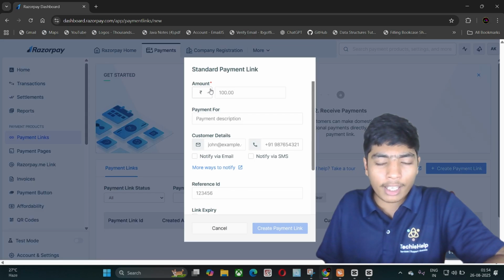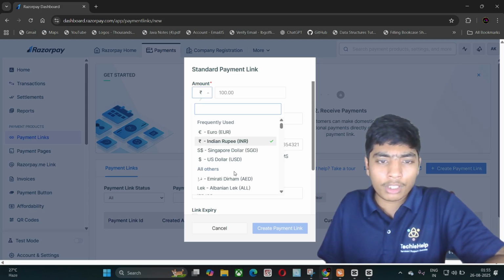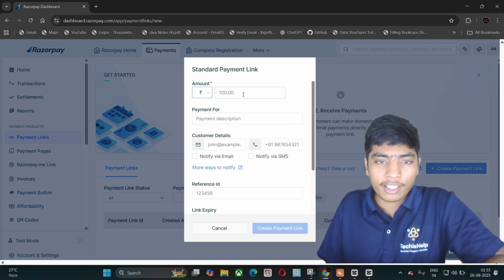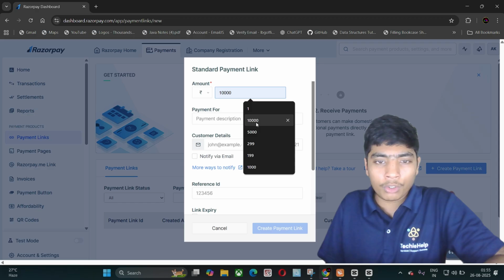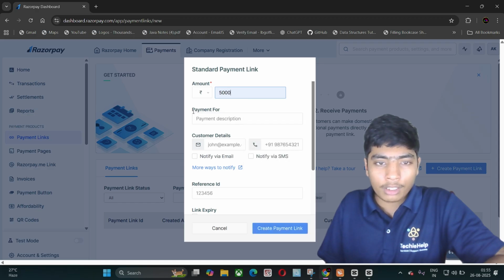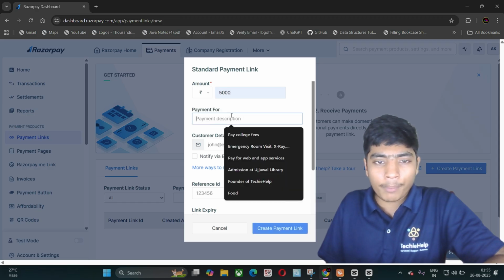Click on that and you will be redirected to a standard page pop-up. After that you choose your currency to collect your amount. I'll choose Indian currency and write down 5,000, and for payment for, write down the payment description.